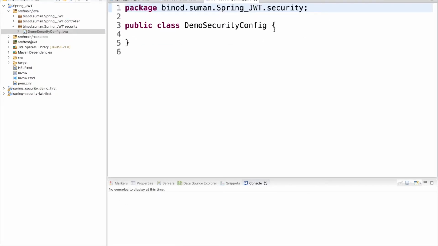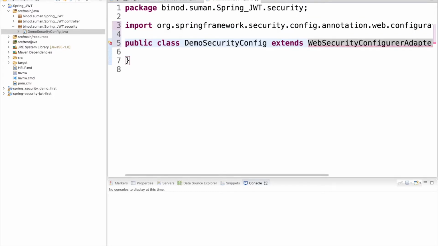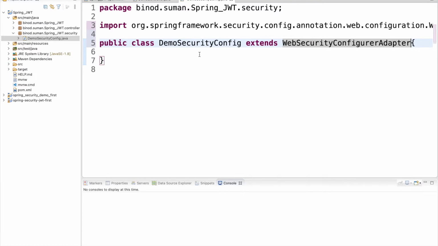Okay, and we have to extend WebSecurityConfigurerAdapter, right? So now we have to implement one method, that is the configure method, right?